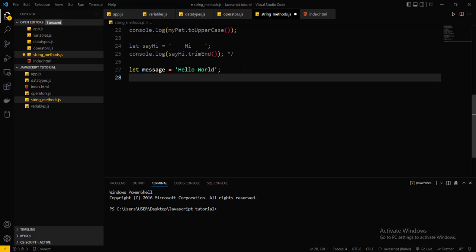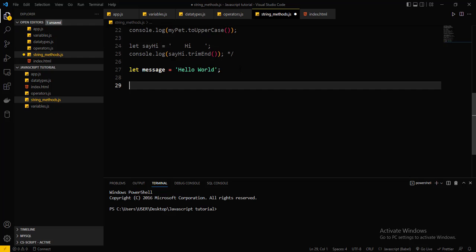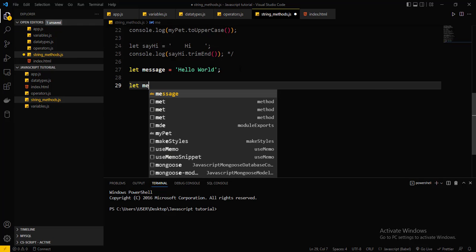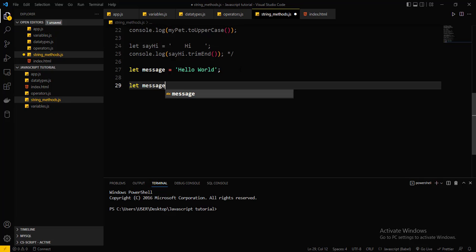That second way of creating strings is by creating it as a string object using the new keyword available in JavaScript. So let's say let message1 equals